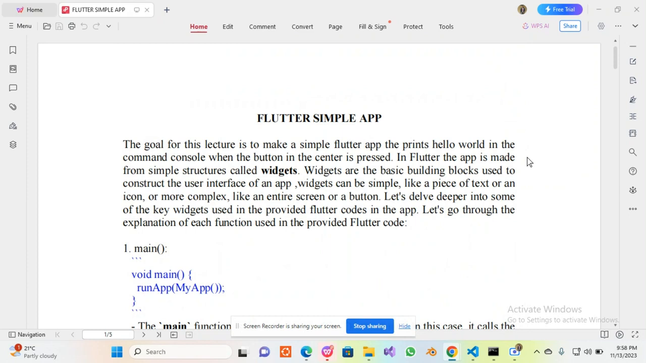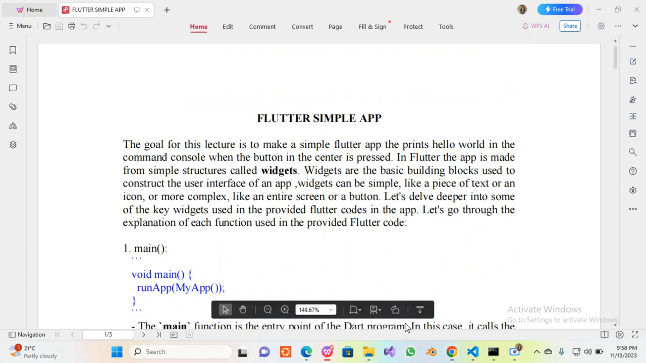This week, we are going to make a simple app in Flutter. The goal of this app is basically just to print hello world in the command console when a button is pressed. So we are going to learn the basic concepts of Flutter, because Flutter is made of what